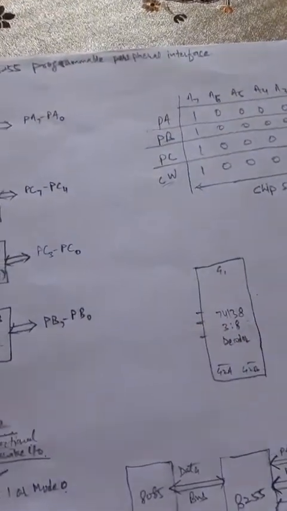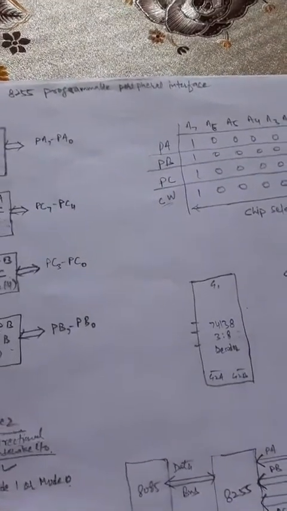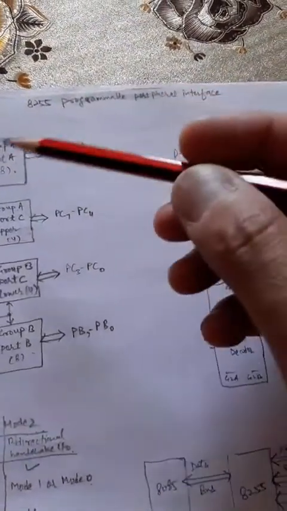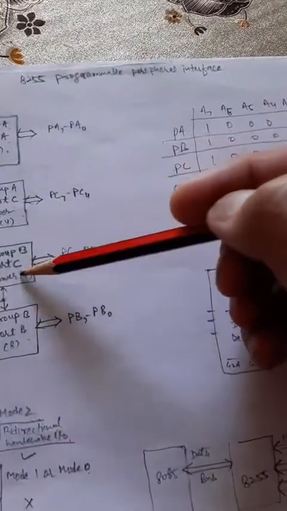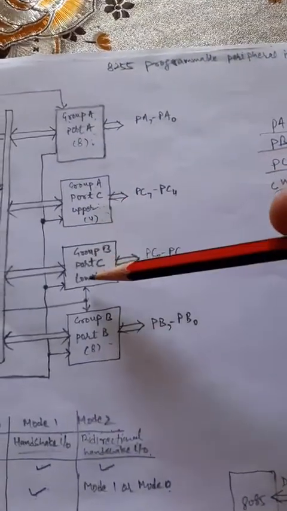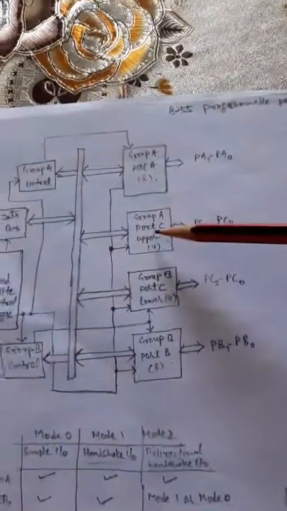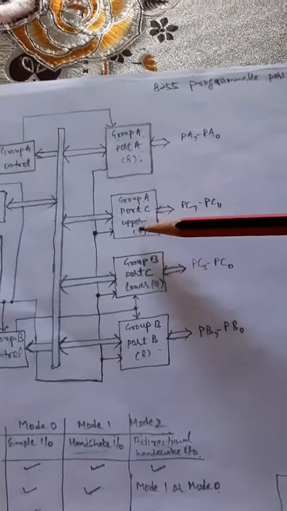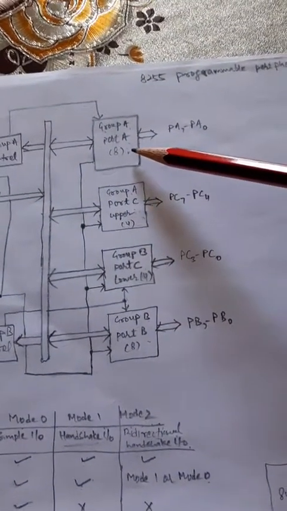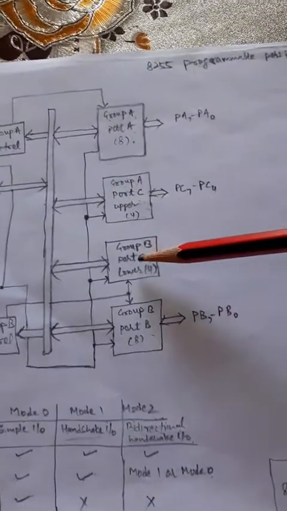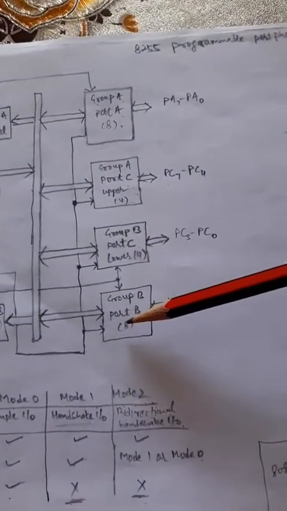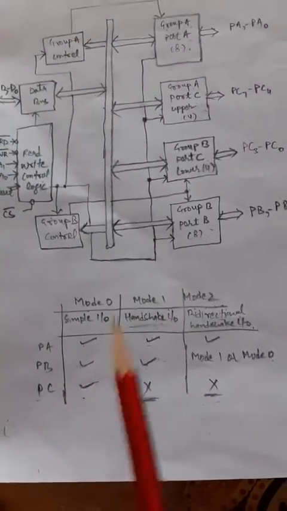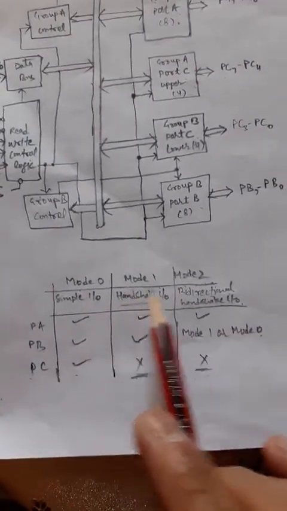Before that, I want to tell you the basics of 8255, which we covered in the last lecture. The 8255 has 3 ports, port A, port B and port C, and port C was divided into 2 parts. Upper lines of port C are used for handshaking with port A, and lower lines are used for handshaking with port B. This 8255 operates in 3 modes: mode 0, mode 1 and mode 2.